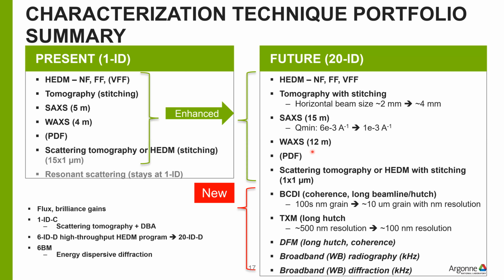So to summarize, the present day 1ID beamline is home to all these techniques here, and they will be enhanced in the future 20ID beamline with these types of enhancements. For example, in tomography, the typical beam size that we have right now is about 2 millimeters. With novel optics and just the distance of the hutch, we'll be able to attain larger beam sizes, something like 4 or more. In the SAXS regime, we'll be able to interrogate something smaller than what we can do now, approximately 1e-3